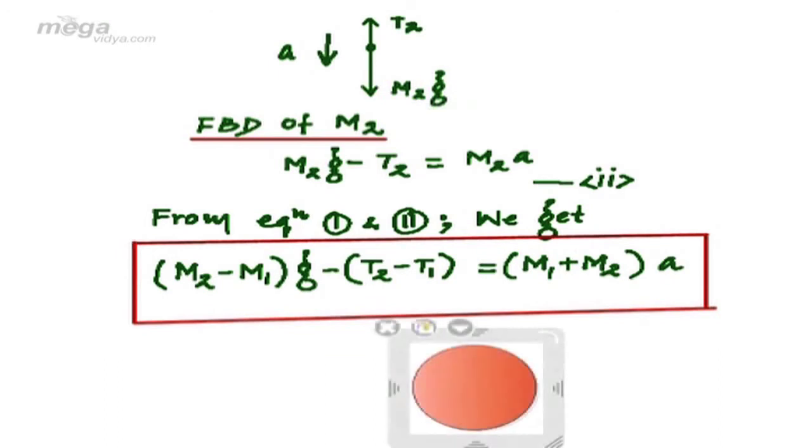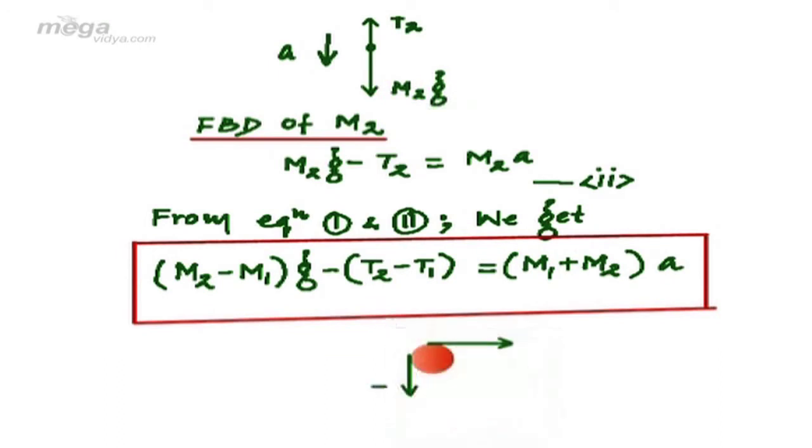Now taking the pulley as a system, force T1 is acting in the downward direction and T2 is acting in this given direction, and the pulley is rotating in the clockwise sense. Let us consider this tension as T3. We can easily say the torque due to T3 will be T3 into R, where R is the radius, minus the torque due to T1, that is T1 into R, again R is the radius, will be equal to I alpha.